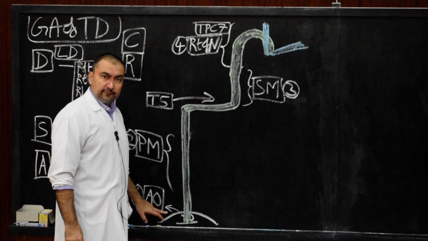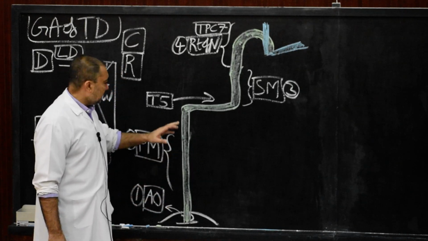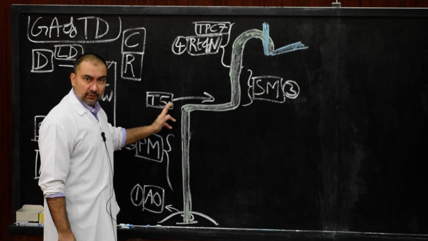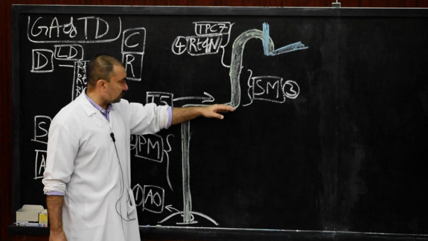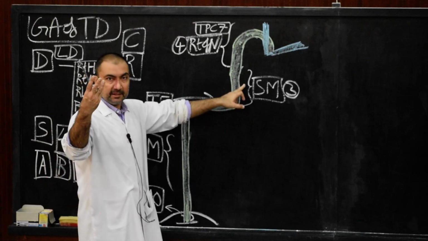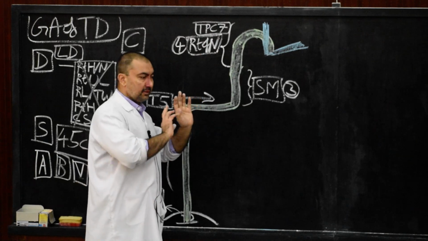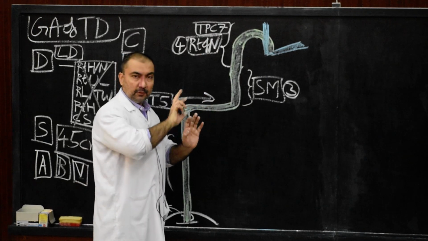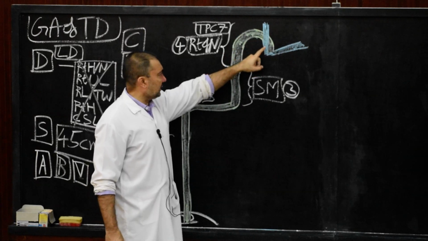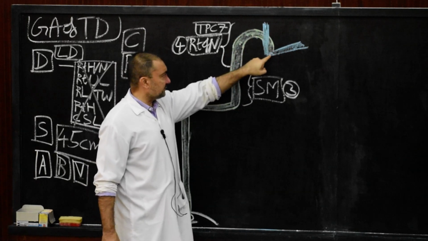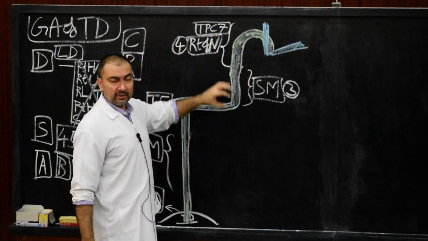Aortic opening of diaphragm, 1, 2. It will pass through posterior mediastinum. Then at the level of T5, thoracic 5 vertebrae, it will cross to the left side and then enter superior mediastinum, that is 3. And then at the level of transverse process of C7, in front of it, it will cross forwards and laterally, forming an arc where it will open into the junction of left internal jugular, left subclavian vein. This course is in the root of the neck.